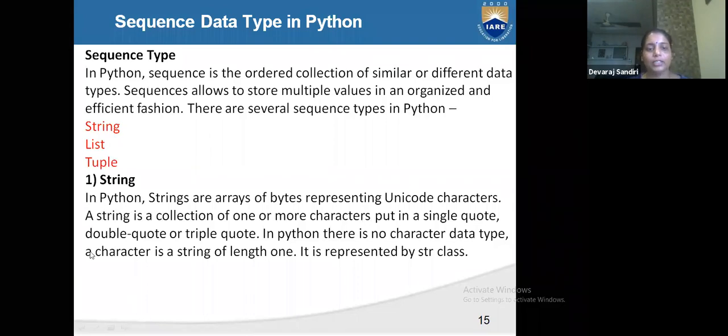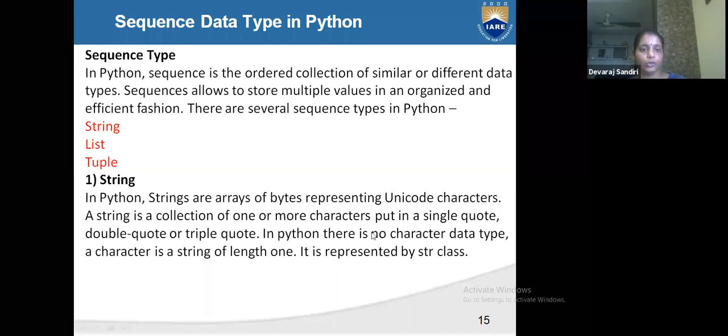String: in Python, strings are arrays of bytes representing Unicode characters. A string is a collection of one or more characters put in single quote, double quote or triple quote.